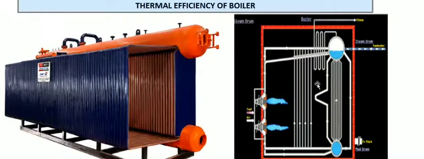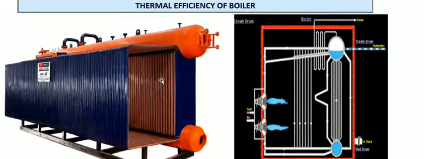And chemical dosing will be there in the steam drum. Normally trisodium phosphate, TSP, is dosed in the steam drum to control the pH and the phosphates. And in the feed water inlet, we inject this disodium phosphate in order to control the dissolved oxygen content. Dissolved oxygen content should be very, very minimal, less than 0.01 ppm. It will help you a lot to avoid corrosion in the boiler.